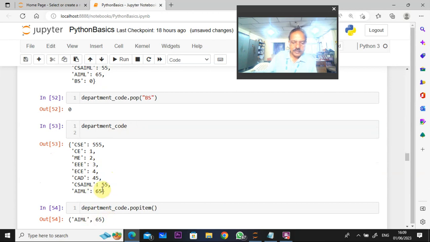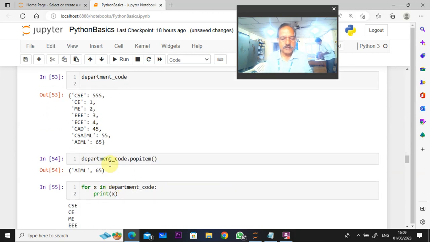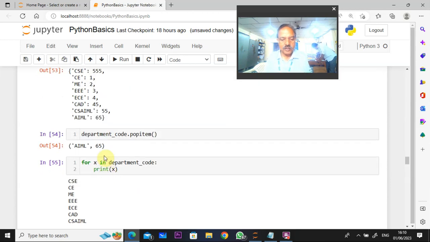It is not there, because basic science is not a department. This is a supporting department to other major departments. But people confuse basic science with a department. That is not a department. It is a supporting department to other departments. Is it clear? Now, department code for pop item, if I input AIML 65, so now AIML 65,